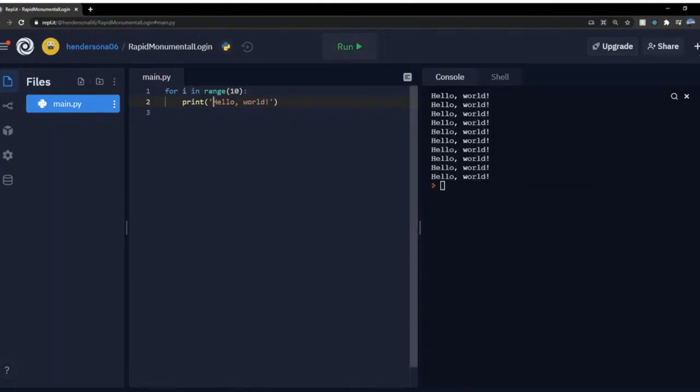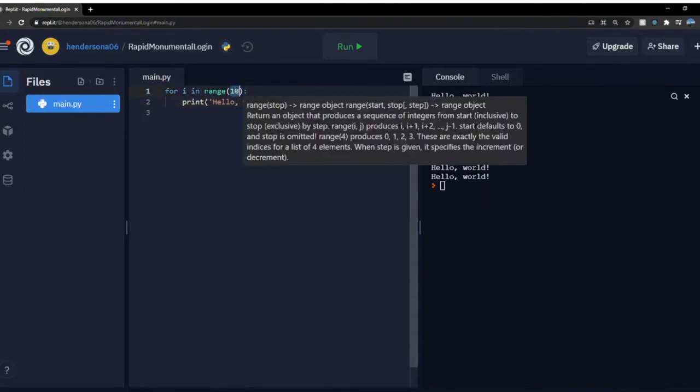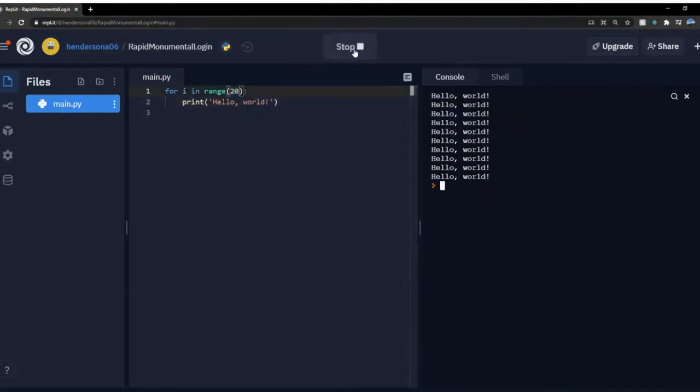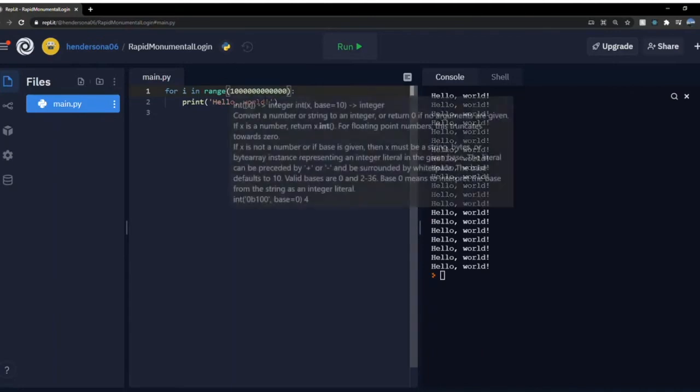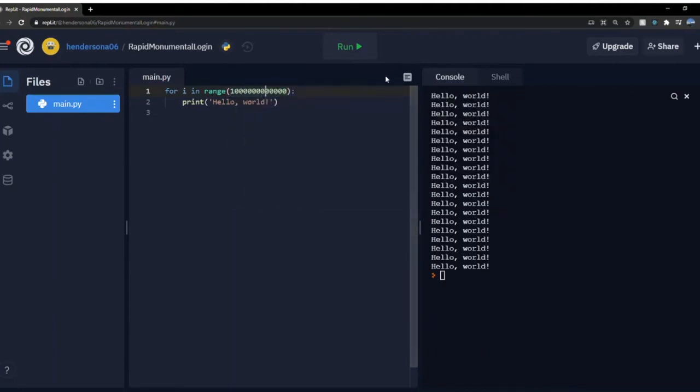And we can change this if we wanted to set this to say 20. We could run that, and we get 20. We could even set this up to something ridiculous like, I don't know, that's probably way past 1 billion there, but you know, some big number. I'm not going to run that because I'd rather not clog up my console over here,